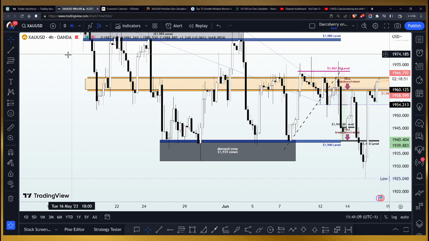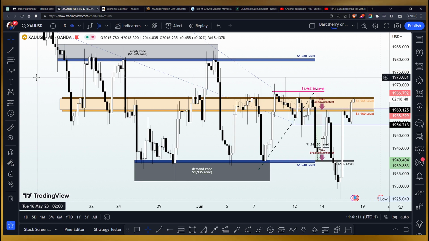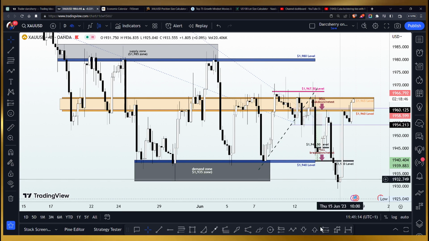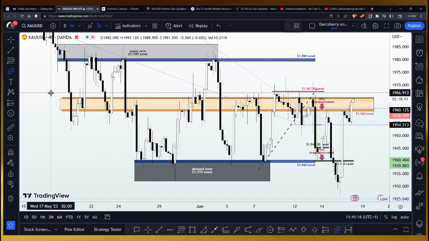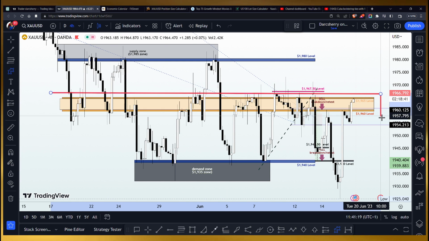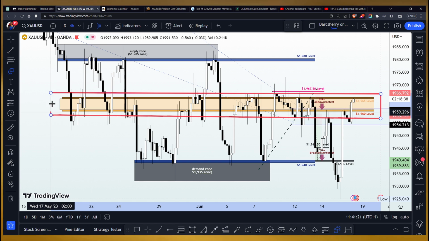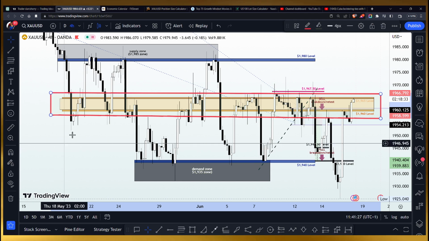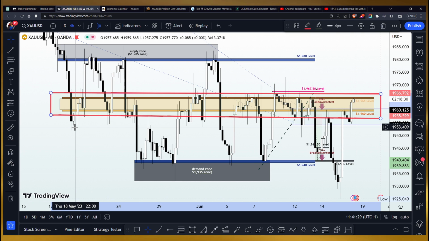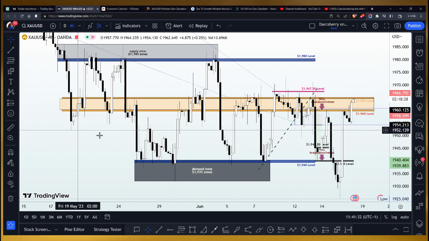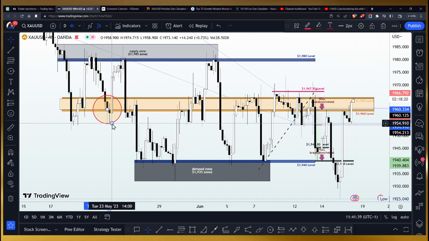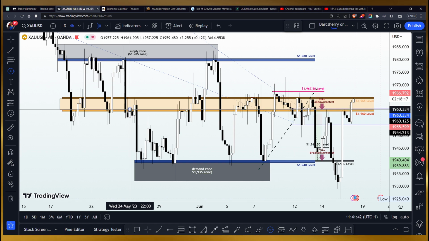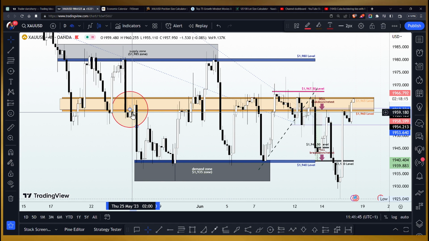One of the things we saw here on the 4 hours time frame was this zone around the 1,960 and the 1,965. And if you look at the current market closely, you will see how this zone has been a major determinant of price action since the second half of the month of May. Now look at this closely. We saw how this level was a demand zone at this point. It was also a demand niche around this area before price action broke down and retested the zone during the last